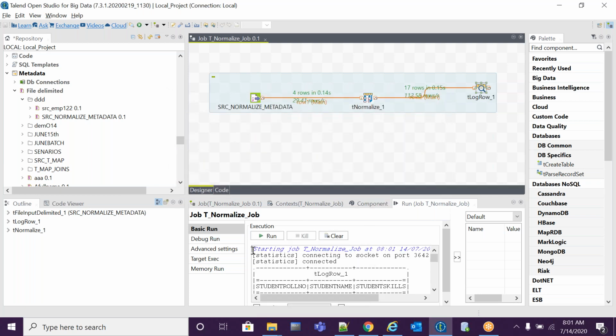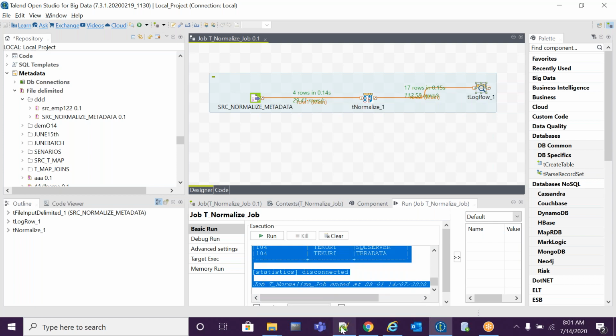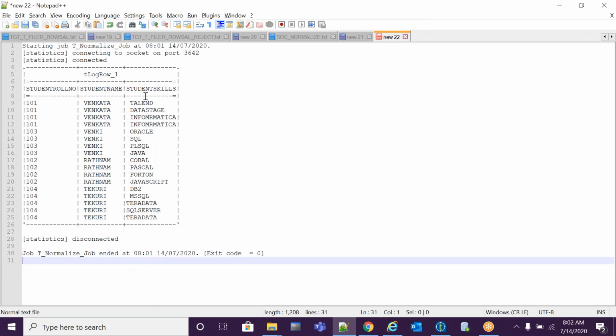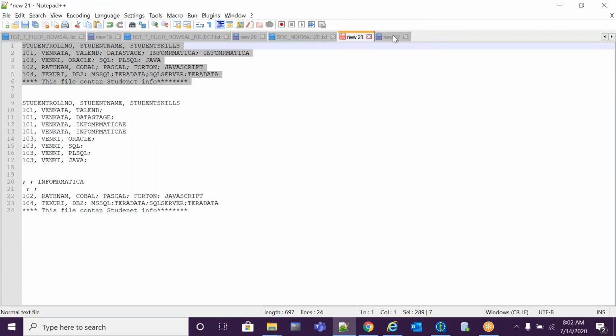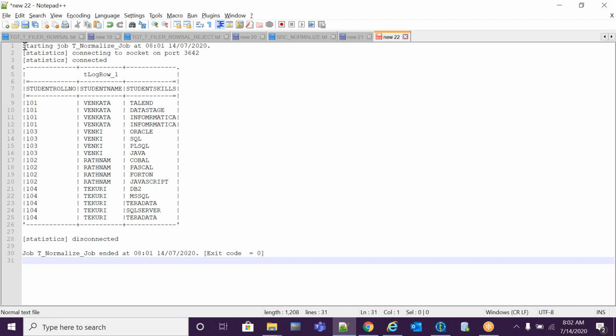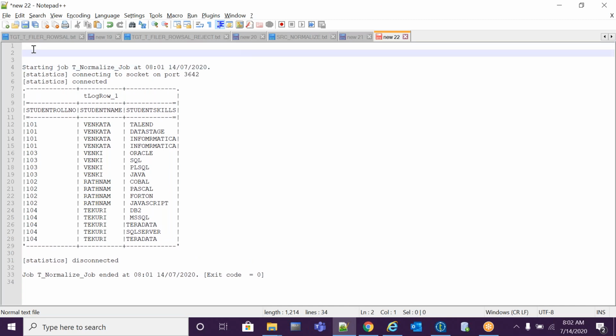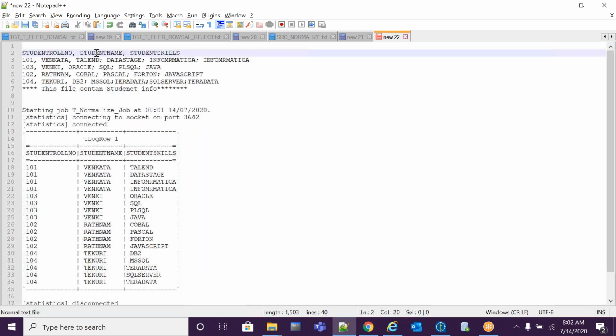See, I'm copying the output, I'm pasting it into some notepad. See, for every column, it's separated as a row. Student skill, talent, data stage, informatica.